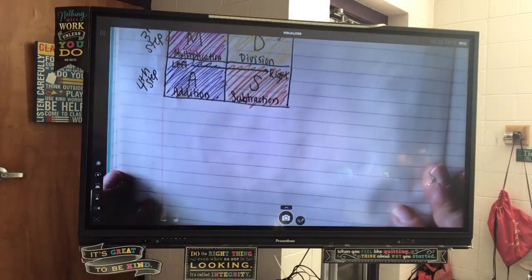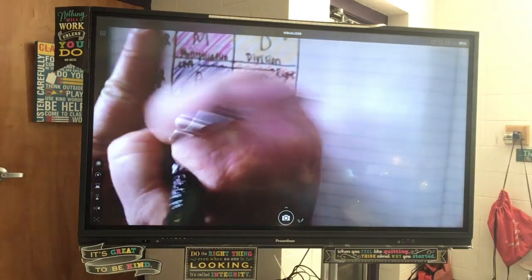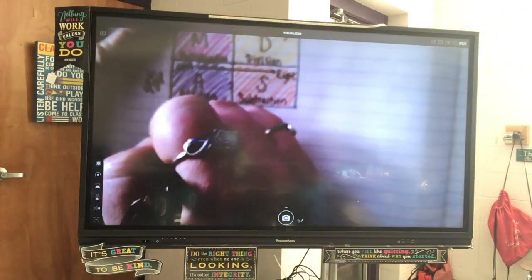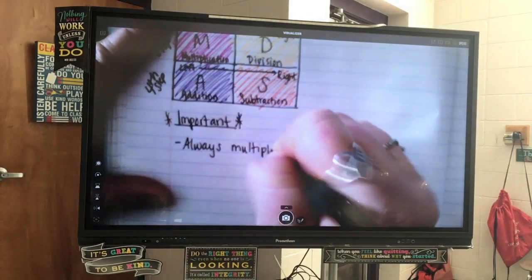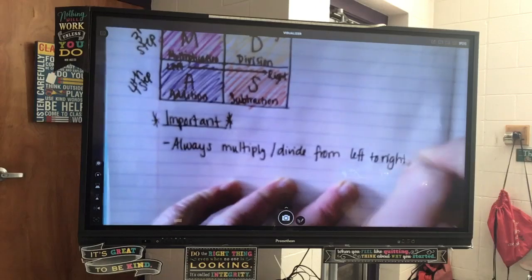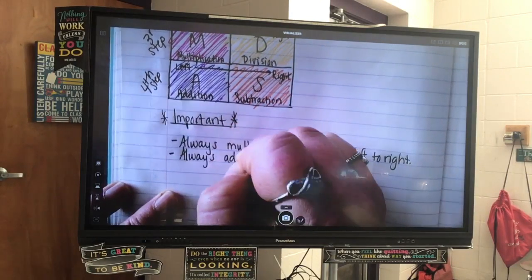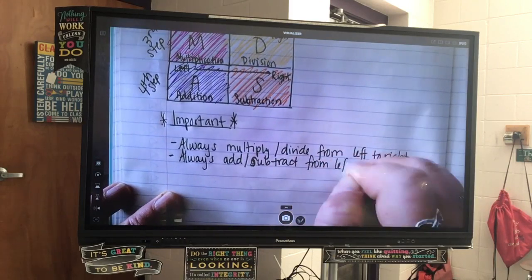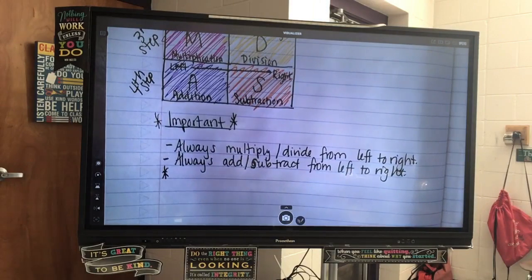So a few things to remember. Always multiply/divide from left to right. Always add/subtract from left to right. And then this is something that you may or may not know, but inside parentheses, you